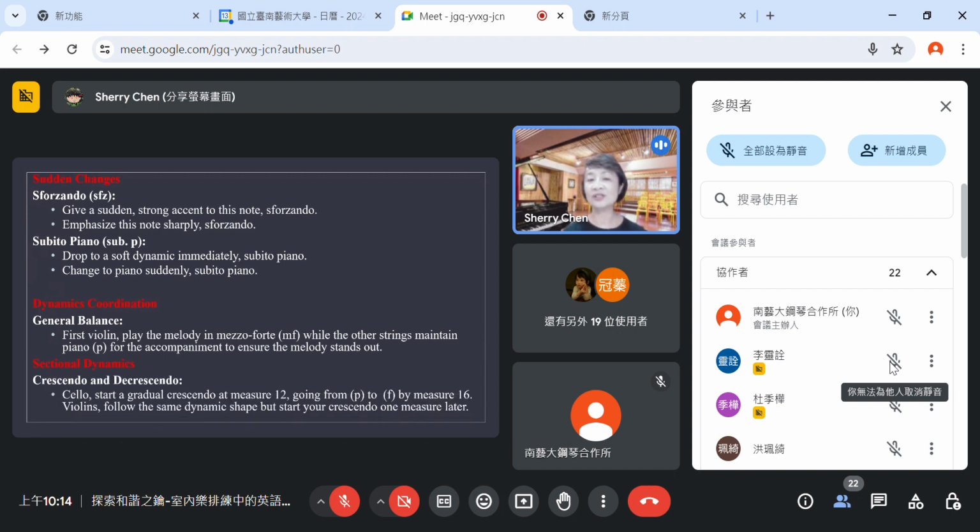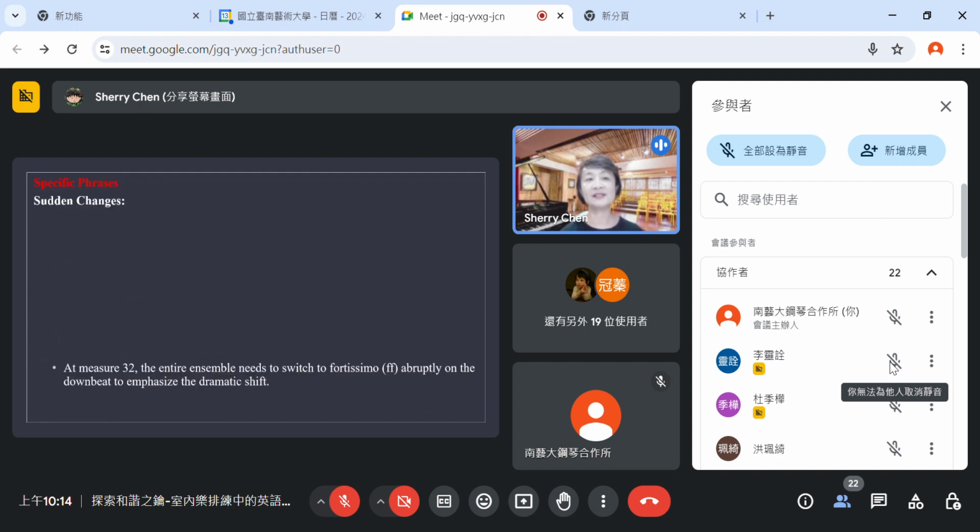Okay, sectional dynamics, crescendo and decrescendo. Cello, start a gradual crescendo at measure 12, going from piano to forte by measure 16. So I'm describing 这个 crescendo 要怎么做，要从12小节到16小节，从 piano to forte. Violins follow the same dynamic shape, but start your crescendo one measure later. 所以我们在 chamber music rehearsal 的时候，我们在 describe 这个 dynamic changes 的时候，就是要很 specific，就是一定要你要告诉人家，比如说从哪里开始，到哪里结束，这个是非常非常重要，而不是就是一个 general。等一下会给大家一些 example 哦。